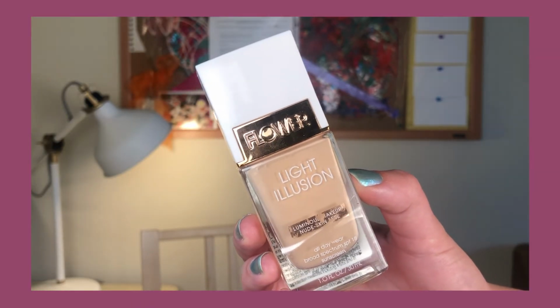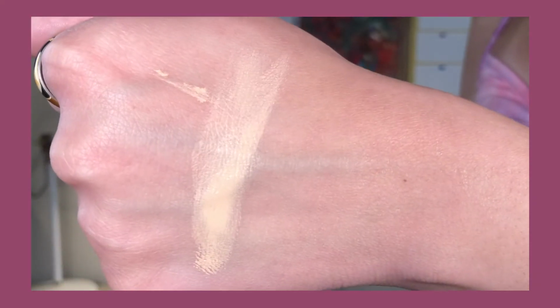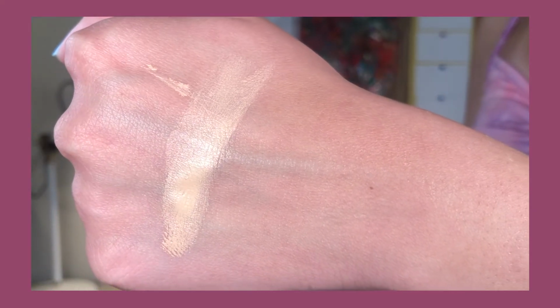So this has to be one of my favorites. I'm starting to run low on it. It's getting difficult to pump out. This has buildable coverage. It's very nice and dewy on the skin. Some people might think it looks sweaty. I think it looks,